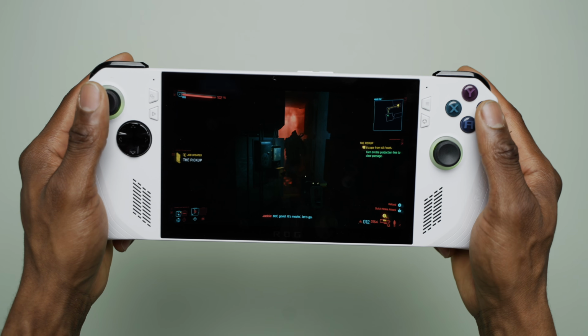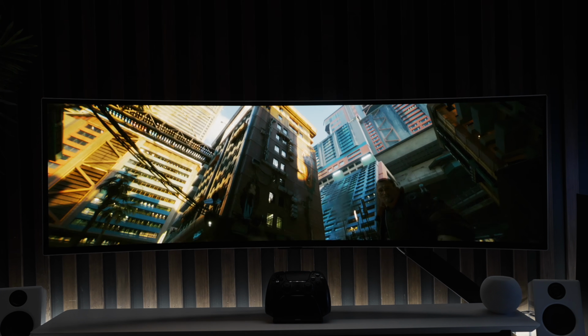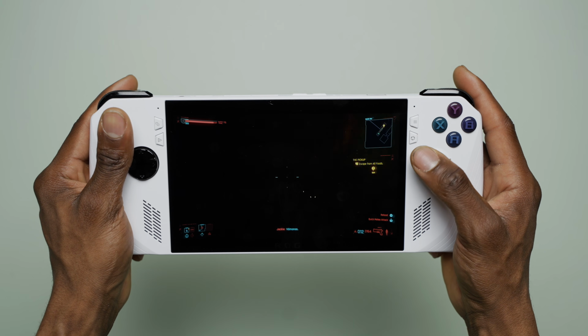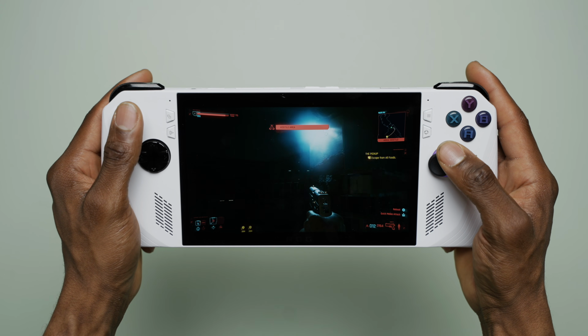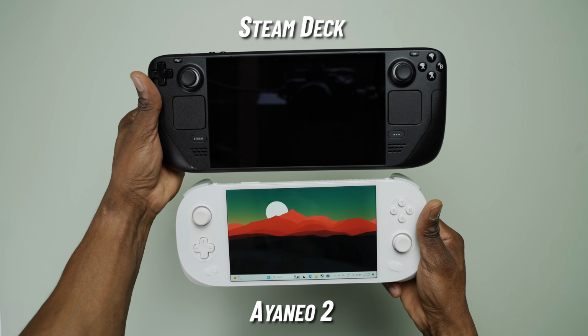But once you learn to deal with Windows, the experience becomes amazing. I've got games from my desktop PC all accessible on it, which lets me bring a lot of my games on the road. You can use it with Wi-Fi to access games stored to the cloud, or just play in offline mode if you're going somewhere that does not have access to Wi-Fi or internet in general. If you're someone who enjoys gaming, this is one of many options of handhelds out there right now that's great